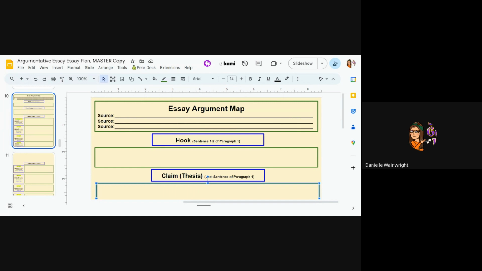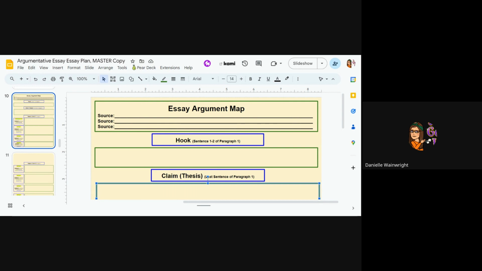This is going to be kind of a detailed video because honestly, after the research, this essay argument map is the hardest part of your argumentative essay. After you perfect this, you honestly have really just to copy and paste and then run a spell check. So this will be where the quote unquote work is, okay?